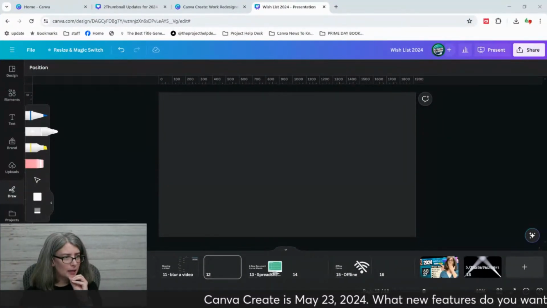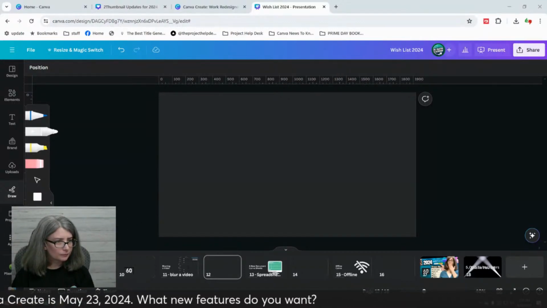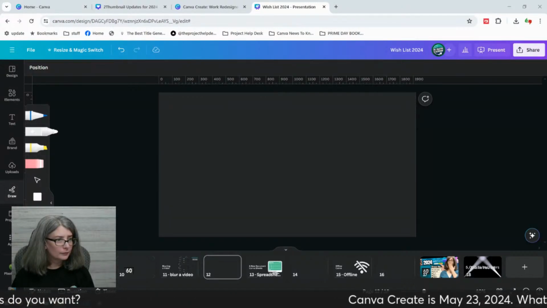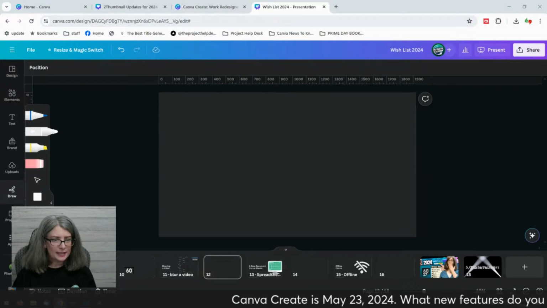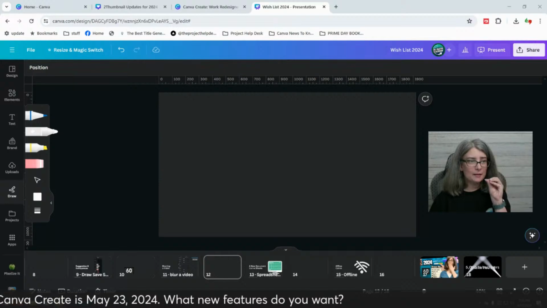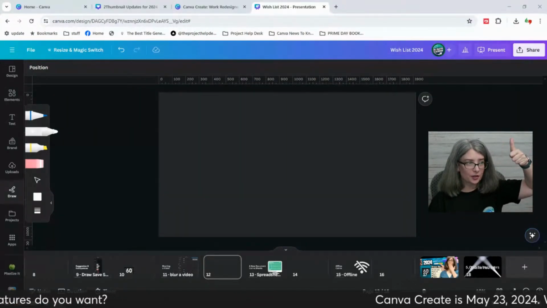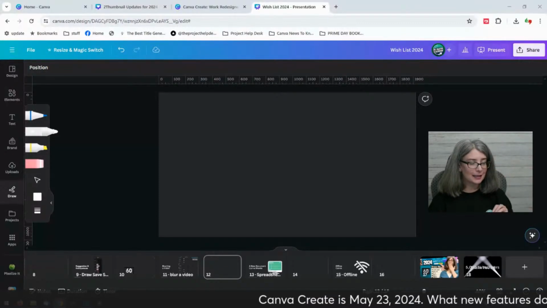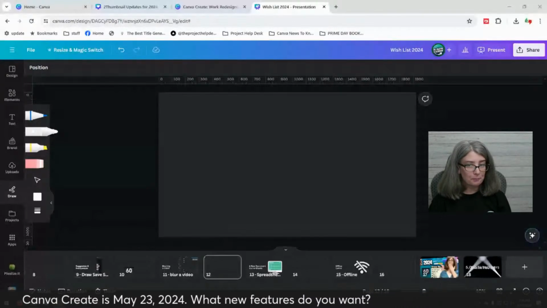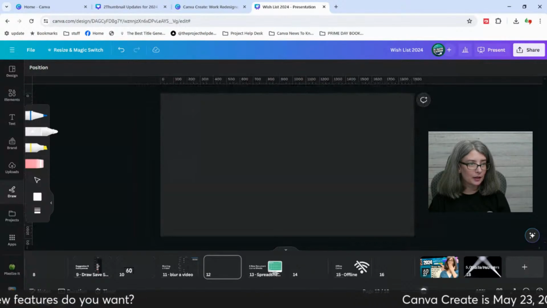Would this be more helpful if it's bigger like this? Let me know in the comments with a thumbs up if this makes things easier to see or if you prefer the other layout.